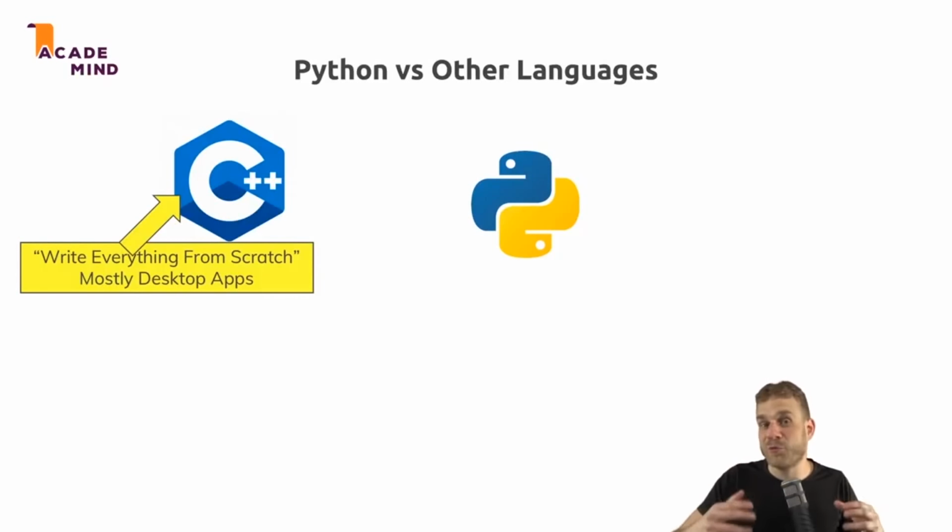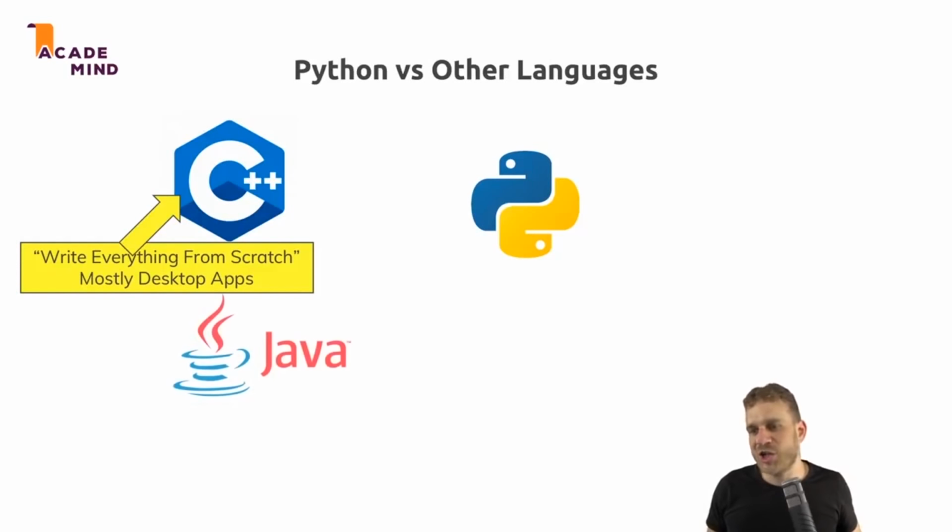You have to solve more problems on your own, I'd say. So it's a bit harder. And we mostly use it for desktop apps. It's very popular for creating games, for example. But there also often it just runs behind the scenes and you use some framework, some engine that builds up on it. So you can absolutely write C++ code, but it's a complex language and often you have other languages you use instead. And for example, Python, the version we're using, builds up on C, which is not exactly the same as C++, but generally related to it. And Python is an extra layer on top of that, you could say, which is more accessible.